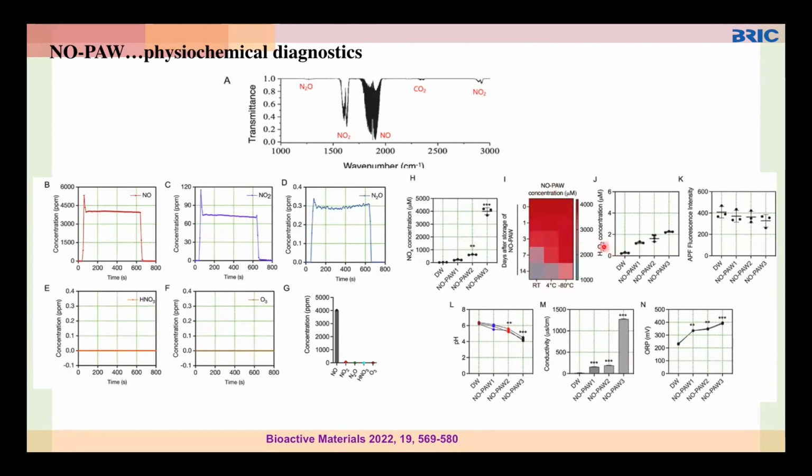And we also checked H2O2 and other species like OH in our study. And we found the H2O2 and OH are both negligible in our nitric oxide water. And we also checked conductivity and ORP. Both are increased at condition 3, where the conductivity showed around 1300 microsiemens per centimeter. And also ORP is increased at condition 3.